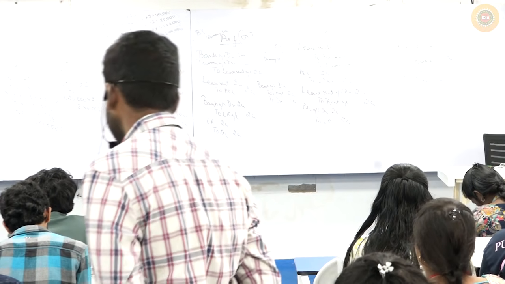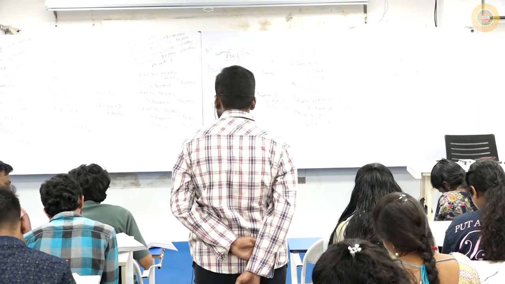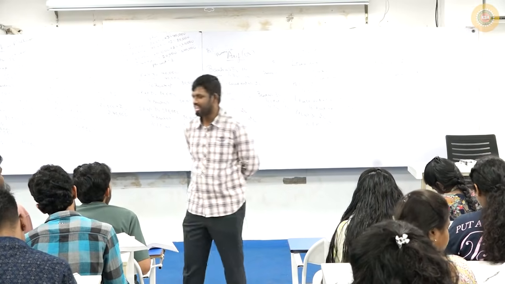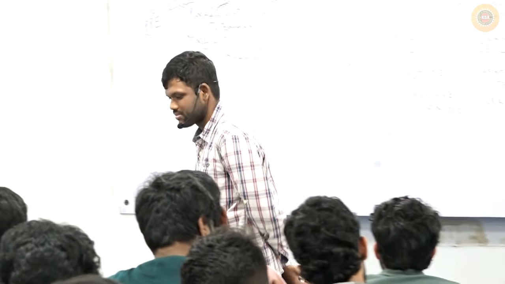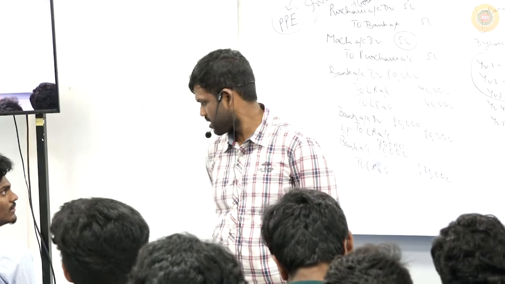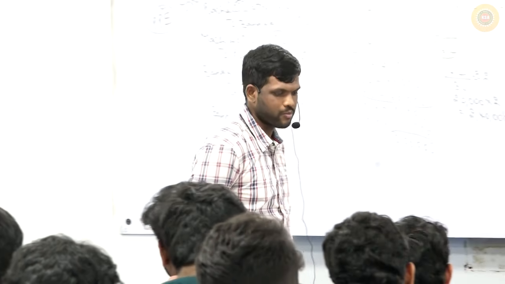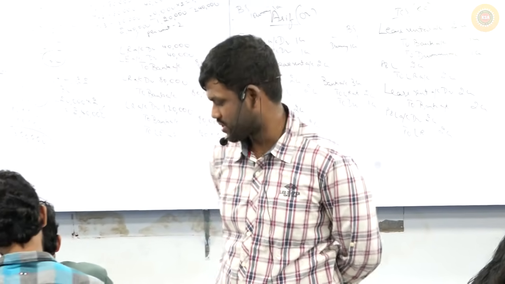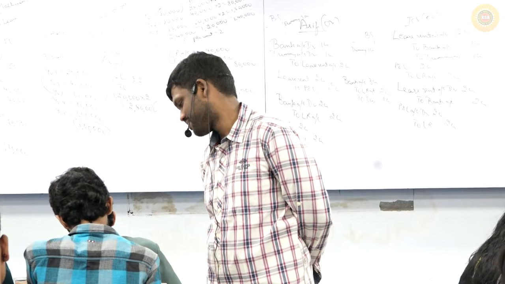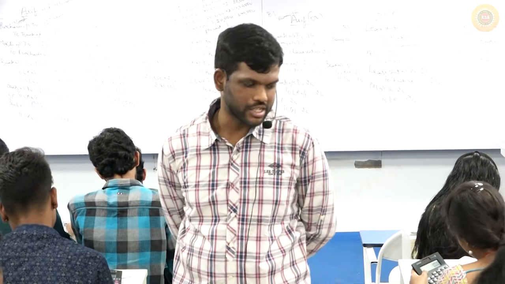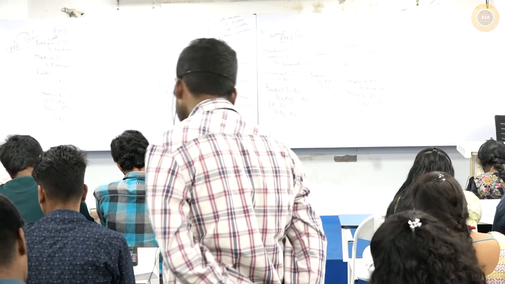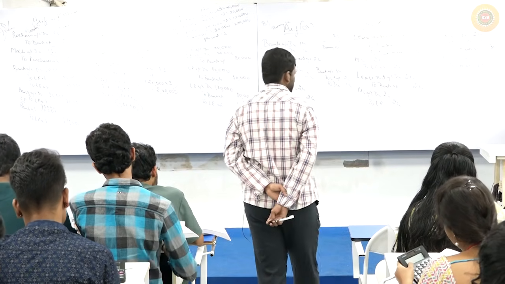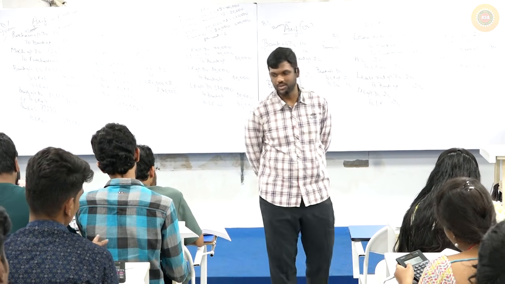Last question, sub question 3. Depreciation for 3 years. I'll give you 2 minutes time. You calculate this. Don't see the book answer. First year 90,000. I want first year how much? First year. Yosi. Depreciation for the first year. Depreciation ku 1,50,000 எடுக்கணுமா 1,95,000? Cost is only 1,50,000. So அதை வெச்சு depreciate பண்ணு.